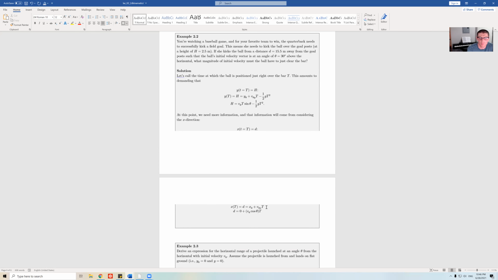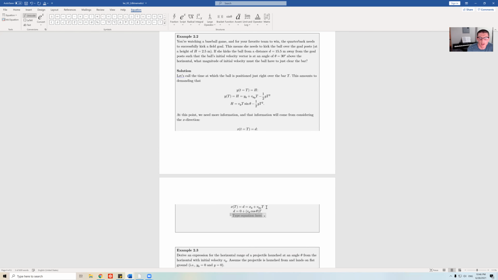So what we find then is that d is simply v naught t cosine theta. At this point, it's just a math problem, because now we have two equations and two unknowns, and we just have to do the math. The way we would do this is, there's a bug on my screen. The way we would do this is we would just note that,